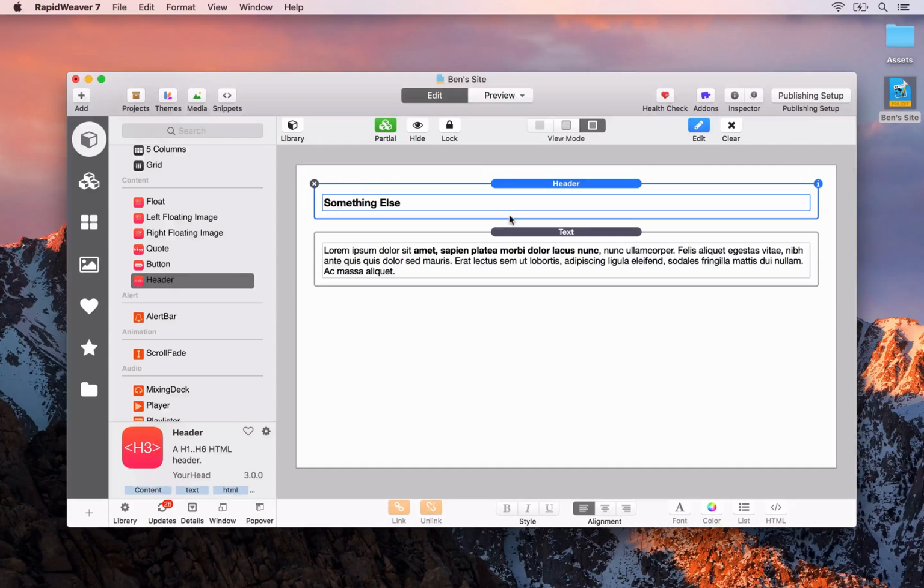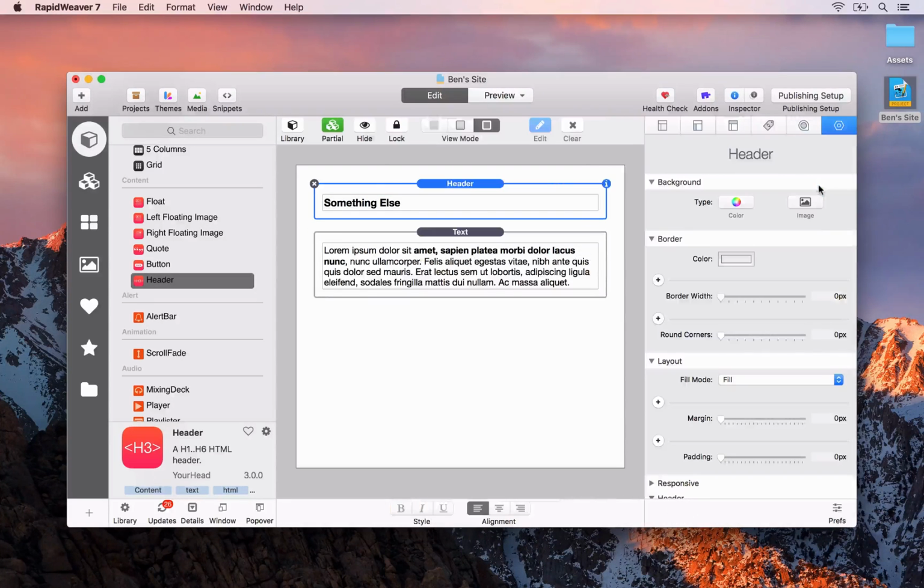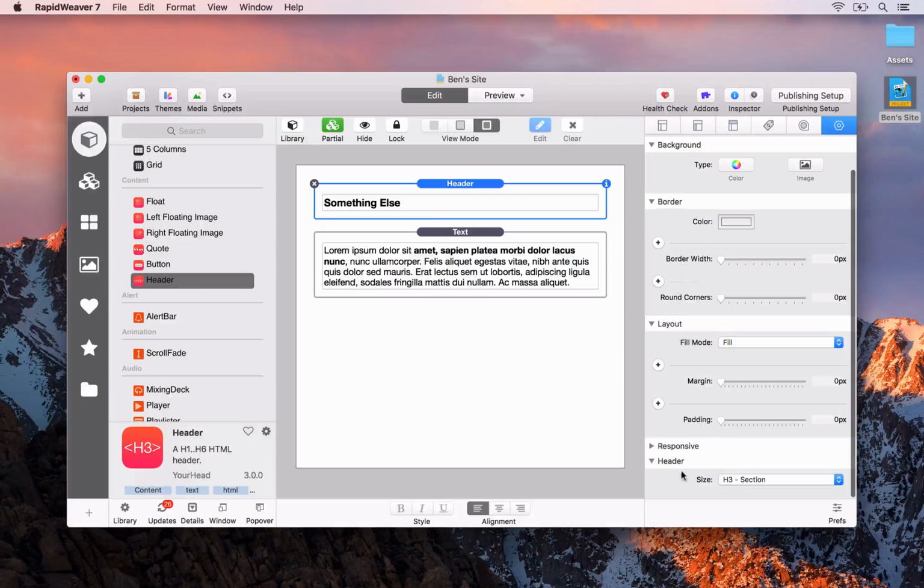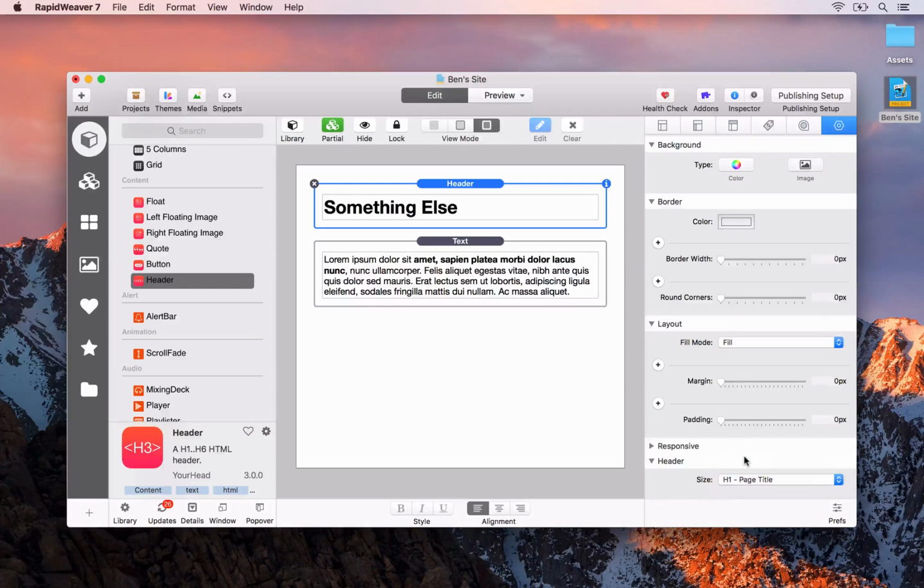Okay, the next basic thing to note is that we can edit each one of these stacks by opening the page inspector. So we can either click on the page inspector button here, or we can click on the eye on each individual stack. That will open up the page inspector to the page specific tab here. Then when we scroll down, you'll see that you have options for each one of these stacks. So for example here for the header, we can change which type of header this is. By default it becomes an H3, but we could make this the page title,